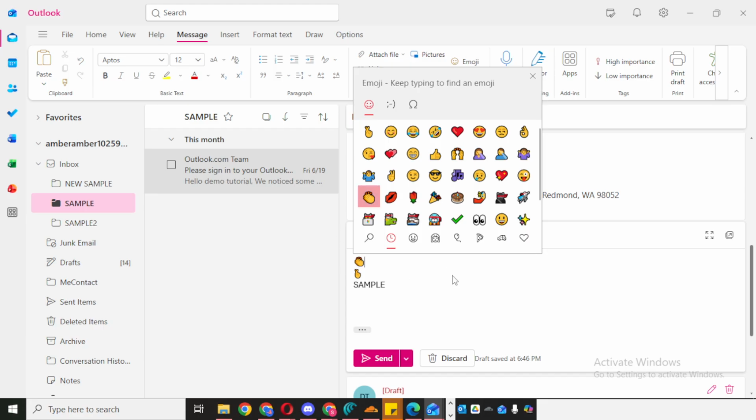This is useful if you want to soften the tone of a message, add a friendly touch, or simply make your communication feel more human and natural. One helpful tip is to use emojis thoughtfully in professional emails. In casual or friendly workplace conversations, they can be a nice addition. But in more formal situations, it's usually best to keep them minimal. The key is to make sure the emoji supports your message rather than distracting from it.